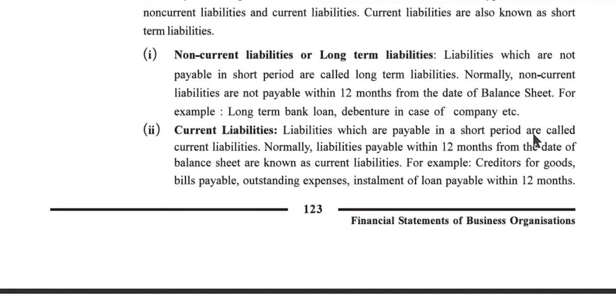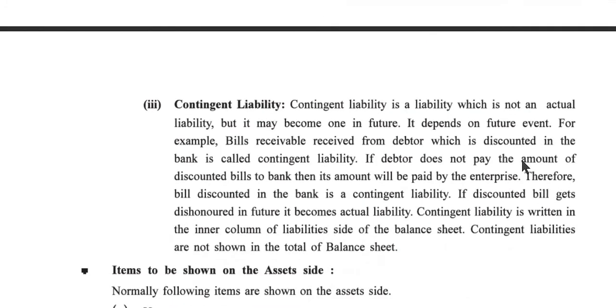Liabilities which are payable in a short period are called current liability. Normally, liabilities payable within 12 months from the date of balance sheet are known as current liability. For example, creditors for goods, bills payable, outstanding expenses, installment of loan payable within 12 months, etc. Now,